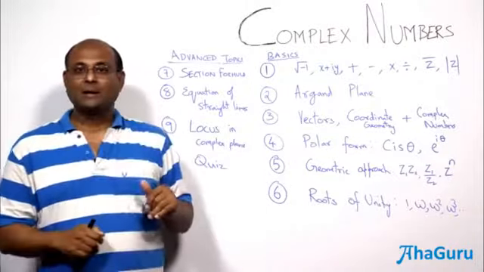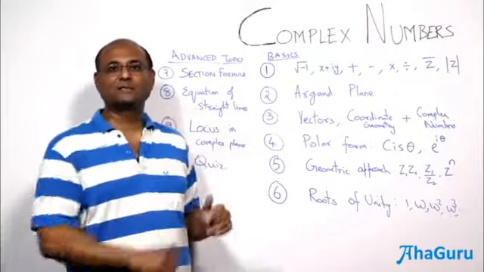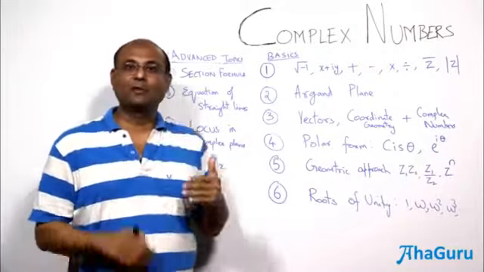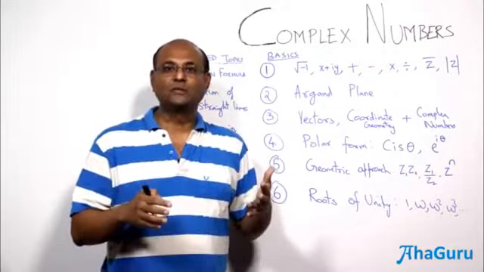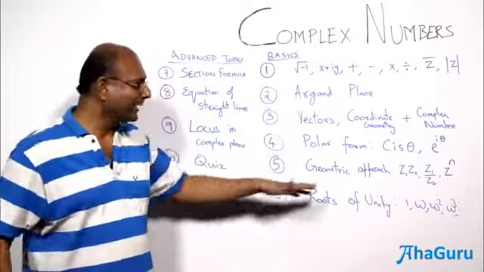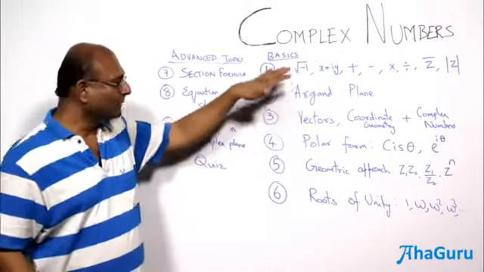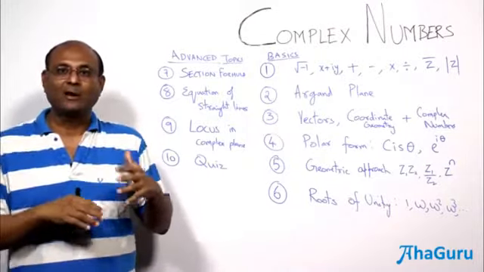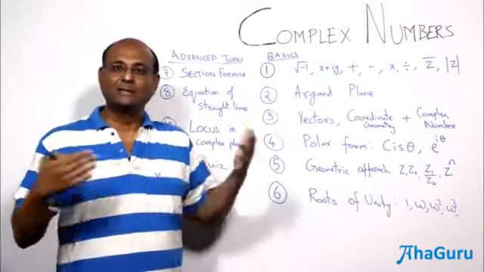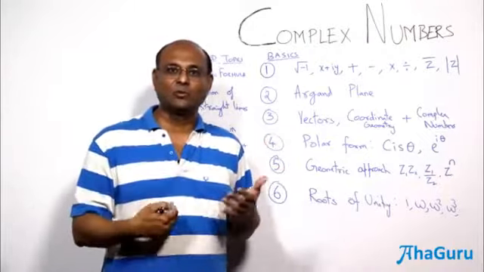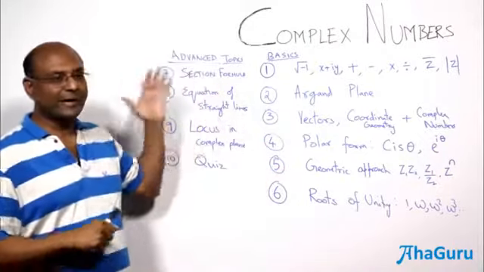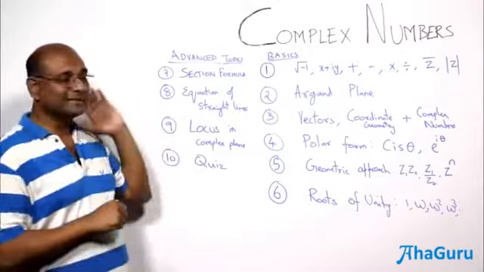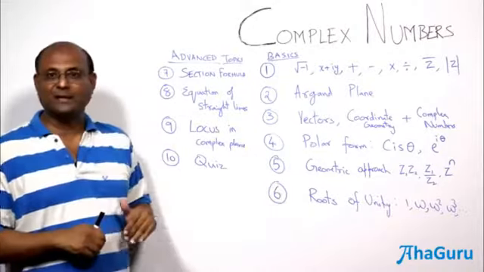And of course, the basics part of this course will come to an end with the roots of unity, cube roots, fifth roots, and so on, nth roots of unity. Okay, so basically that is the minimum section. You will find that that's very useful for many courses, particularly for CBSE, for all your school exams and so on. So let us look at similarly the advanced topics, which will continue after the basics.